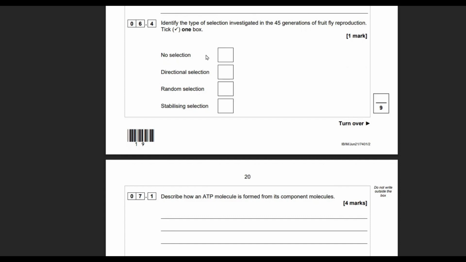But as it's increased the frequency quite dramatically from 0.2 to 0.74, we would call this directional selection. So it's gone in a direction. Stabilizing selection would be that it stays in roughly the same place. And random selection, well, with random selection, we would have had the frequency of the allele change, but not by much, because it would just be by the random nature of breeding and stuff like that. So, yeah. Anywho,